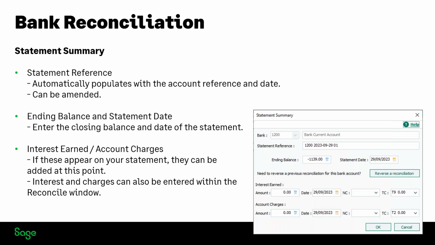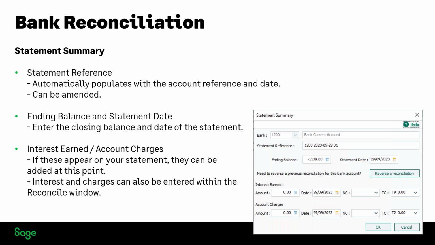It's got some fields which are pre-populated, and you've got some options on here. Now, I think if you've never done a reconciliation before, and definitely when you get into the reconciliation option, because there's so much information on there, loads of transactions, buttons, it can feel a bit daunting when you first start. But it is just a logical sequence of steps that you're going to follow. So this statement summary window shows you